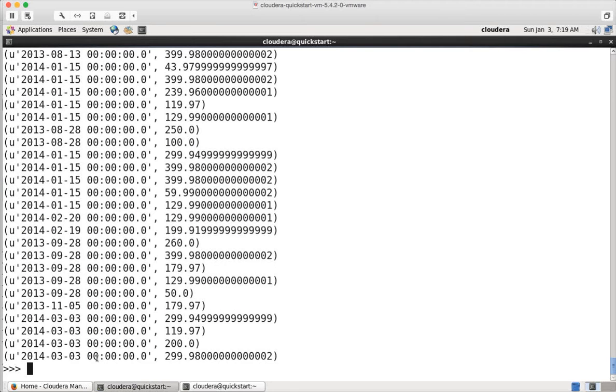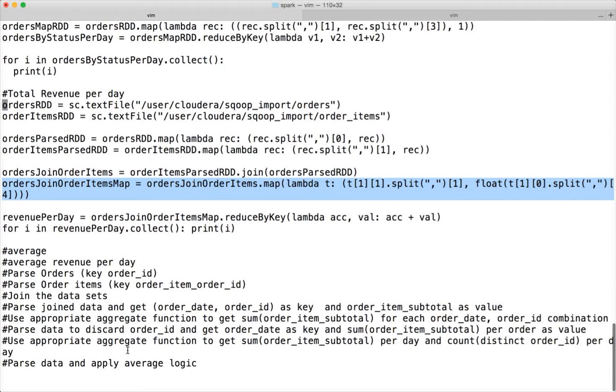So by holding this as key, we have to use the aggregation function to get the order item subtotal for each day. And now we will see which function should be used. Shall we use groupByKey? Shall we use reduceByKey? Shall we use combine_by_key or aggregate_by_key? We should not use groupByKey, even though it gives the exact same results. And the reason is groupByKey does not use combiner, and hence we have to choose one of reduceByKey or aggregateByKey